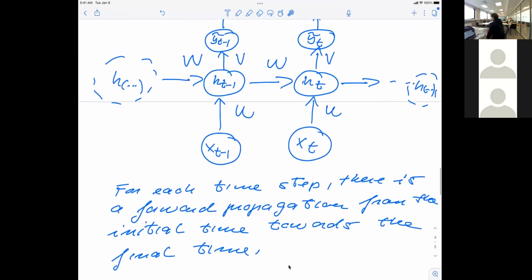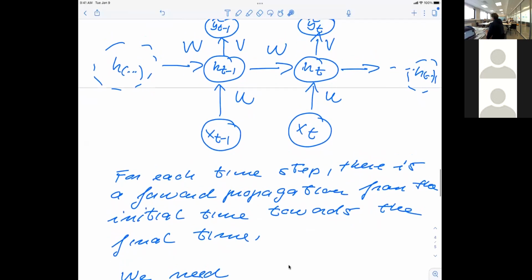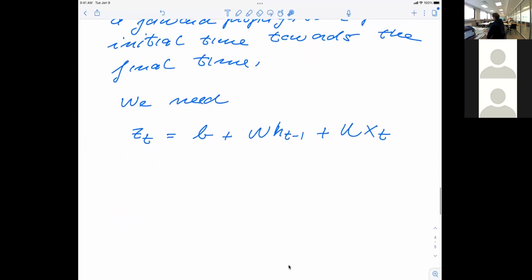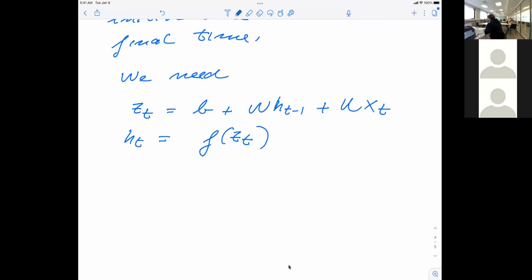And then this feeds in with W and U, and they produce an output, which will be your h of t. And this h of t is given by some function which takes this z of t. So we need that. Now, what happens next is that y tilde at the time t is now given by a new function, which we call g. So that could be another type of activation function.